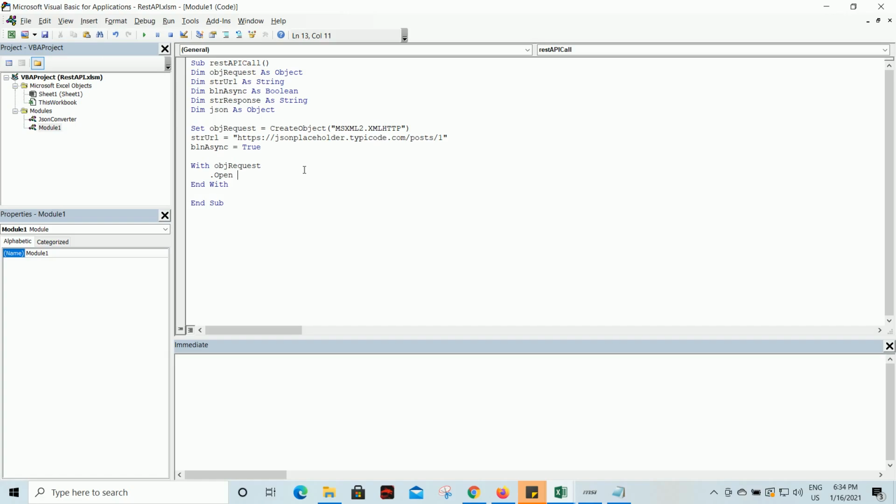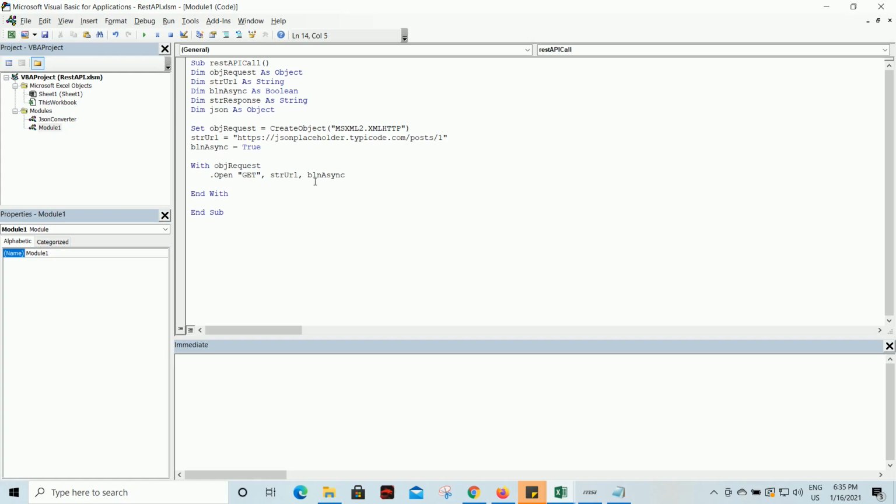Whatever the request that you are going to make, you should specify here as the first argument. Now we are going to make a get request, so I'm updating it as get. Next you have to mention the endpoint, so copy the URL and paste it over here. And the next one is you have to specify whether you are going to make an async call or not.